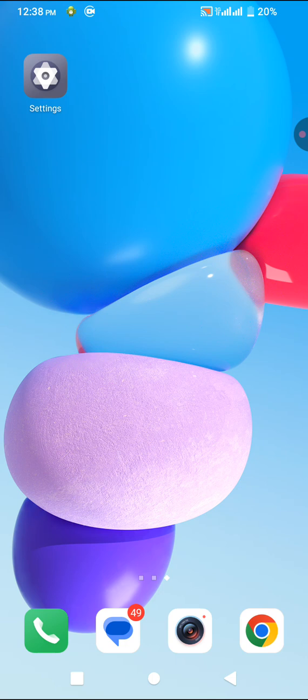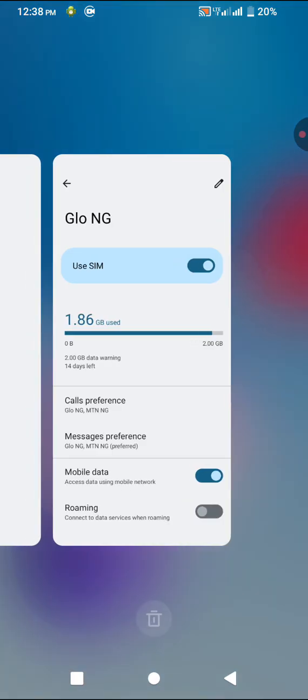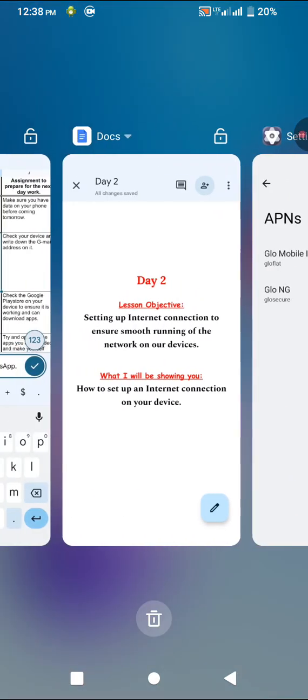So you can see it shows 3G, not light. It means the condition of my environment network now is going to work perfectly on 3G. Whenever you see it shows light, it means that is 4G network. And if it is 2G it is working with, you will still see the 2G there showing. So this is how to set up your internet connection. And now that I have shown you how to set up your internet connection,